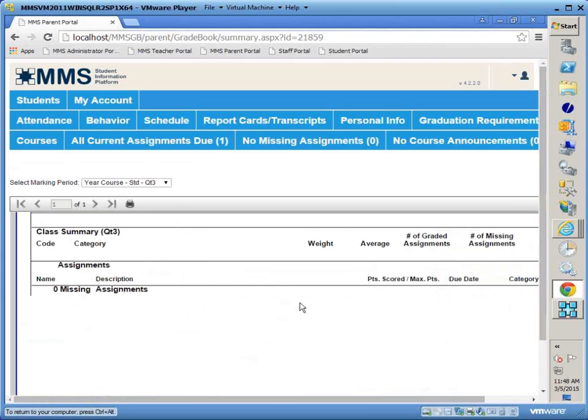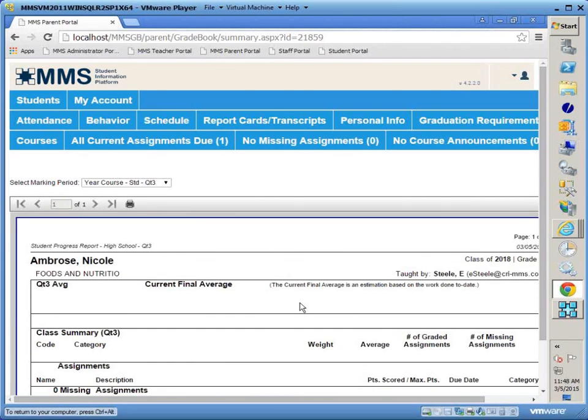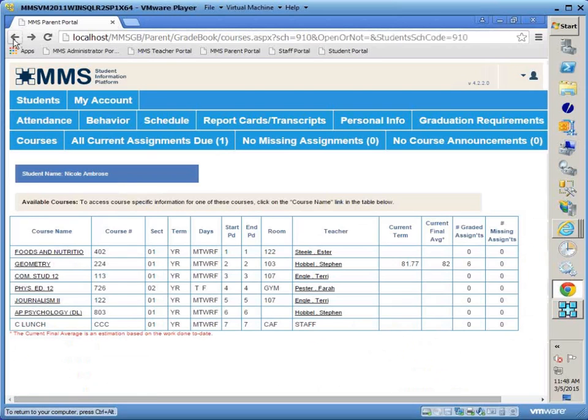I don't have a lot of grade information entered in my test database, but this would pull up their progress report. If I were to click on the teacher's name, it's going to pull up a new email message to that teacher. And here I can see the current term grade, the current final average,